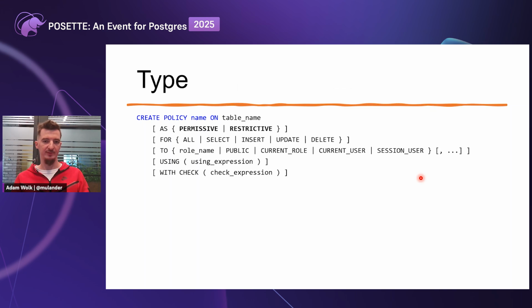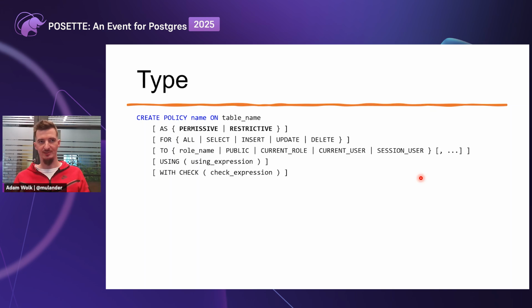Now, restrictive policies are the opposite of that. They tell you, for whatever you are allowed to see, make sure that we don't need to remove more. So they restrict what you were allowed to see. And they are chained with an AND clause. So if you have 5 restrictive policies, all of them need to pass for you to see the row. And if any one of them doesn't pass, then you're not allowed to see it. To see any rows at all, you need at least one permissive policy passing and all restrictive policies passing.